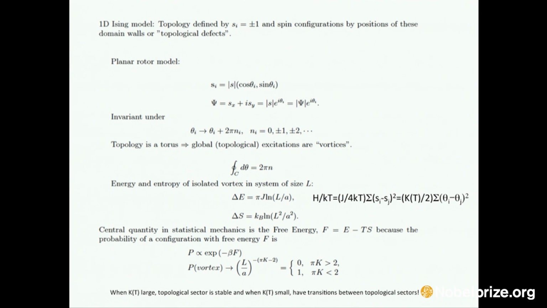Whereas when the temperature is high, or alternatively this temperature-dependent parameter K is small, then there can be transitions between different topological sectors. And of course, what this in turn means is that, in principle, at low temperatures, you should have a superfluid, but at high temperatures, you won't. Simply because, so let's see why that should happen. Okay, now,